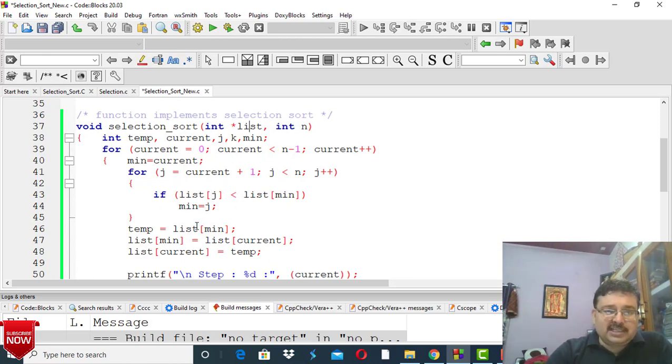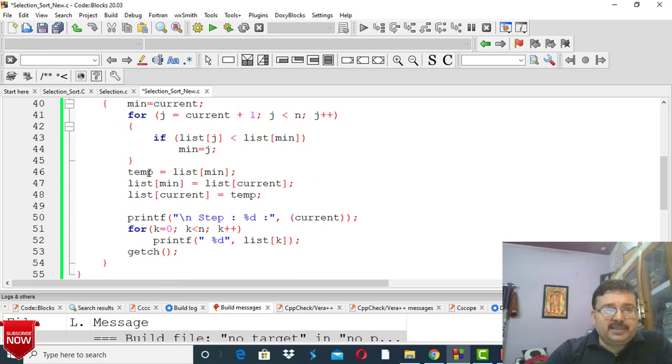So this loop will execute n minus 1 times, and finally we will find the minimum value in the array. And after finding the location, or you can say the index number, of that minimum value in the given array, then finally we will swap that element with the current element, or you can say the starting element.